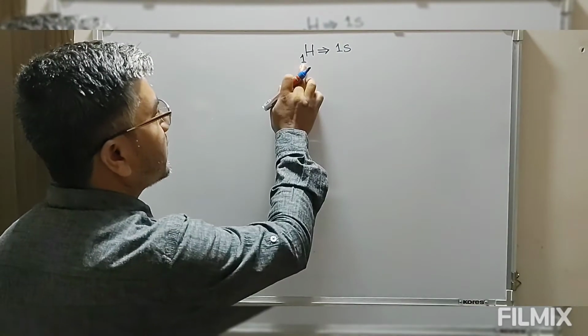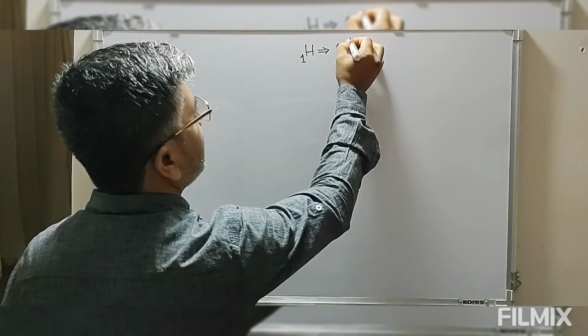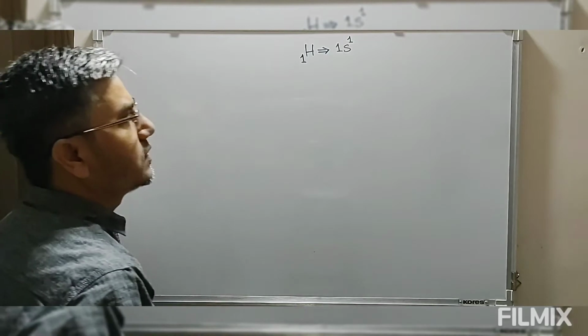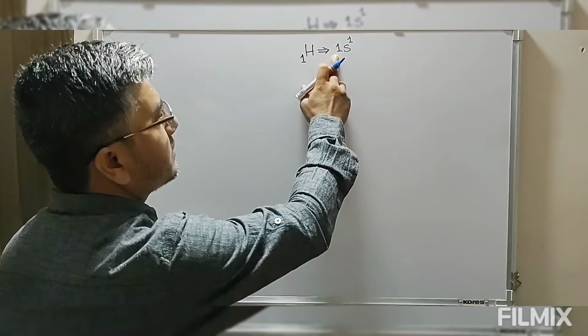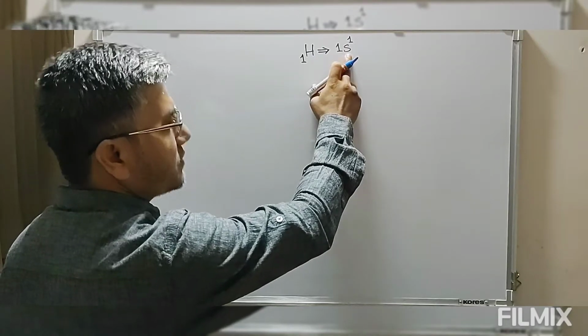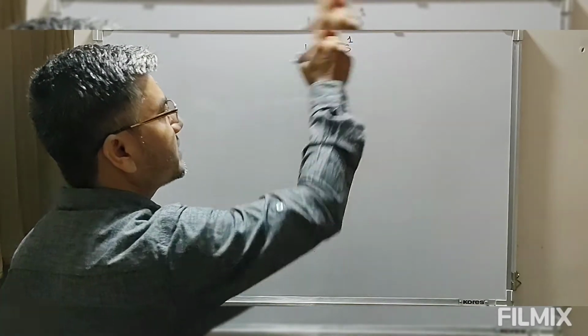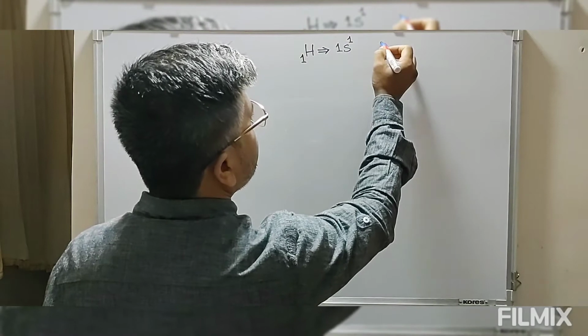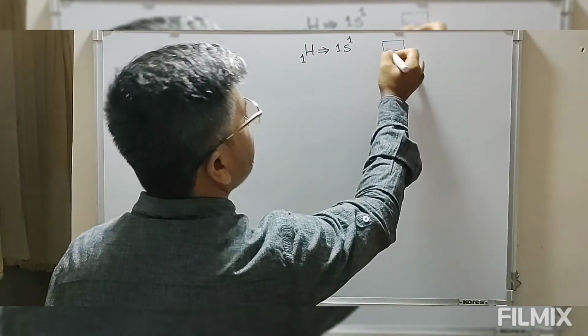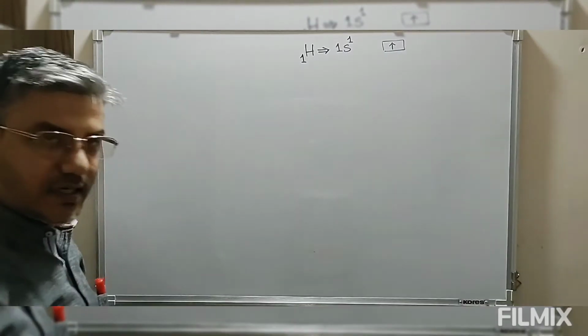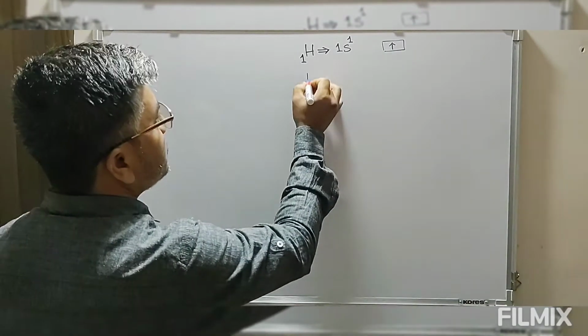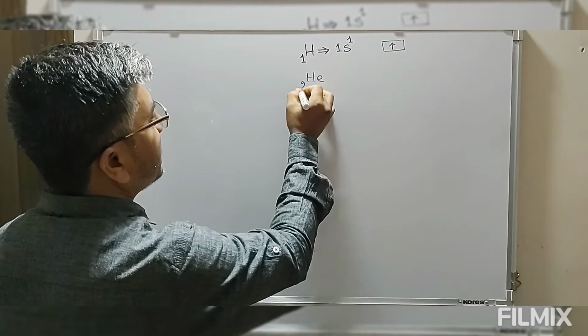Now since only one electron is present, the lone electron is to be placed in 1s1. So this is the first shell, this is the s orbital, and the electron is to be placed in 1s. In the box diagram we are just representing this in a box. Then we have helium, atomic number 2.